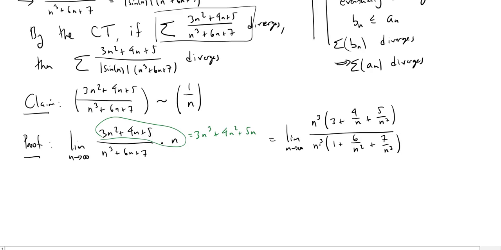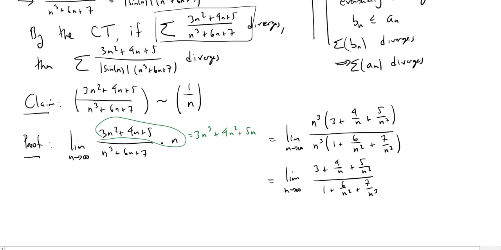Now, because n is going to infinity, it's definitely not 0, so I can cancel these n cubes. So now I'm just left with the limit as n goes to infinity of (3 plus 4 over n plus 5 over n squared) over (1 plus 6 over n squared plus 7 over n cubed),